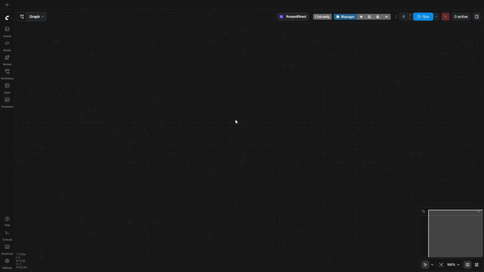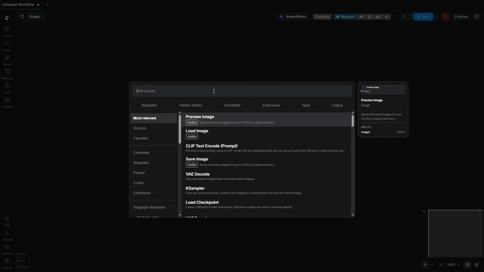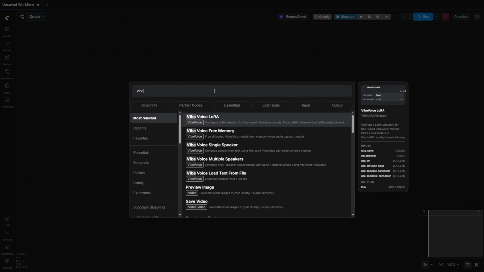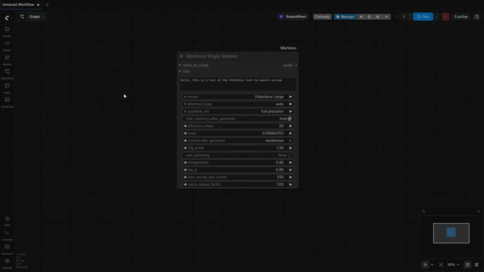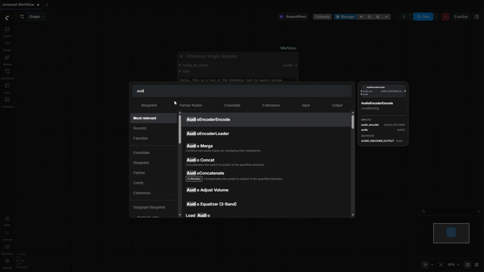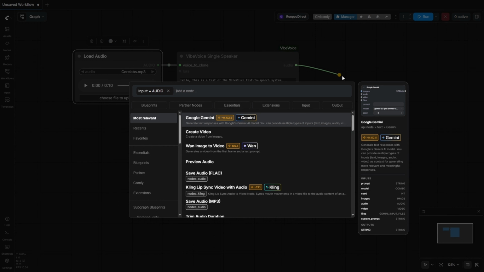After the installation is complete, we will open the ComfyUI interface to start using VibeVoice. Double-click on the workspace to search for and add nodes. For this example, I will start with the single speaker model. Next, we need a load audio node for the reference audio input and an output node to receive the generated